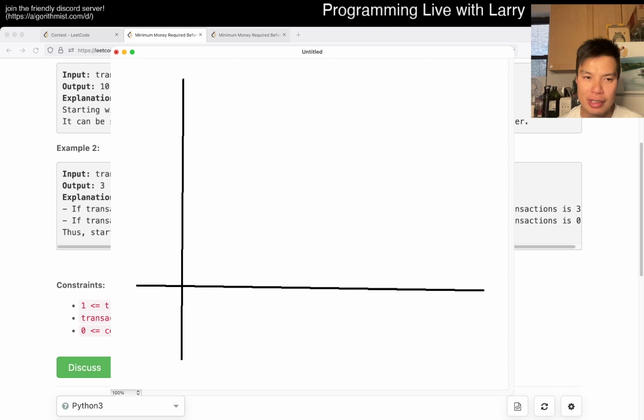So let's say you start at some X amount, then you subtract some cost, and then you add some cashback. The idea here, of course, is to see if in a greedy way we can get this line to go below 0 before the cashback. So here we can adjust, and if you draw this out, at a certain point you might have